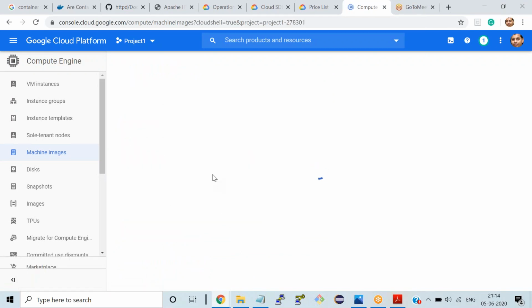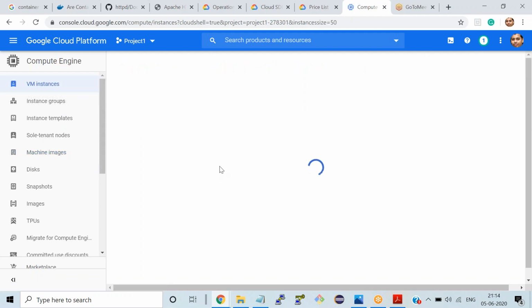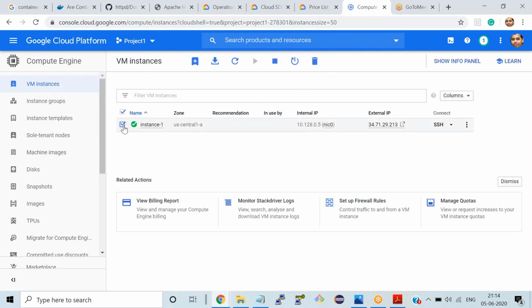So from next time, I will not go to the actual one. I will go to this image, and from this, I'll create a new VM. This is your machine image or your custom image, or golden template. All this you can do, and you can stop it, and all this could be done faster. For example, you can also observe how fast it stops and starts. So when I stop it,